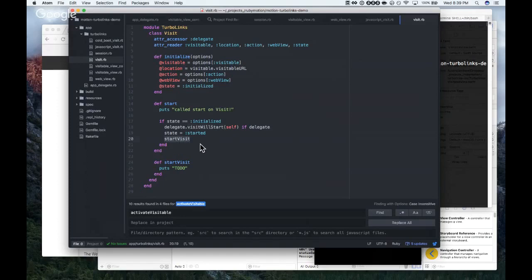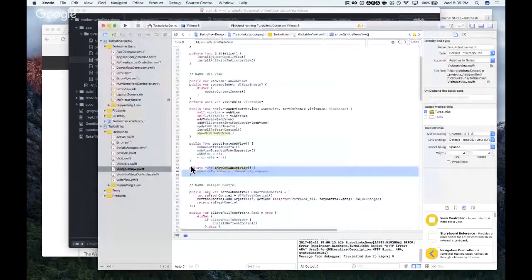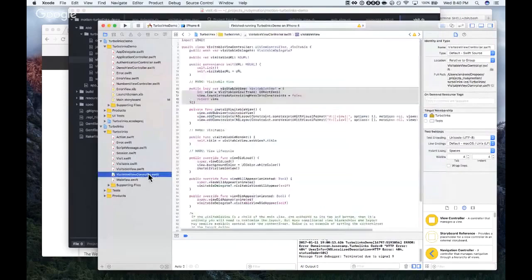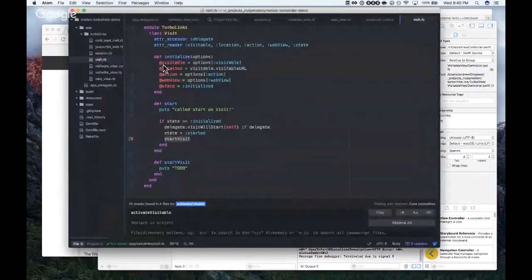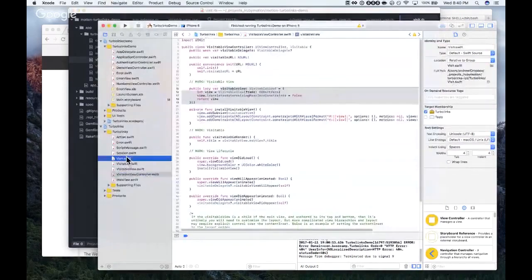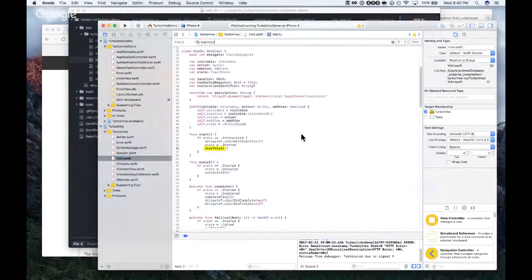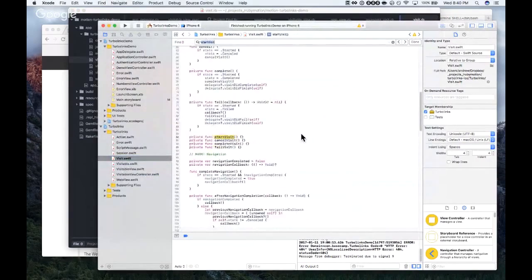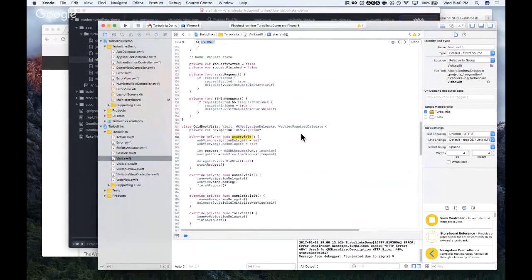Now we actually need to start the visit. Let's see how hard that is to implement. On the visit. That's not bad, actually, for the amount of work that we've done so far in a couple of hours.